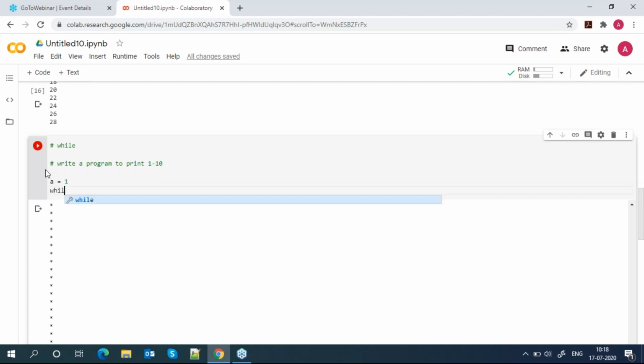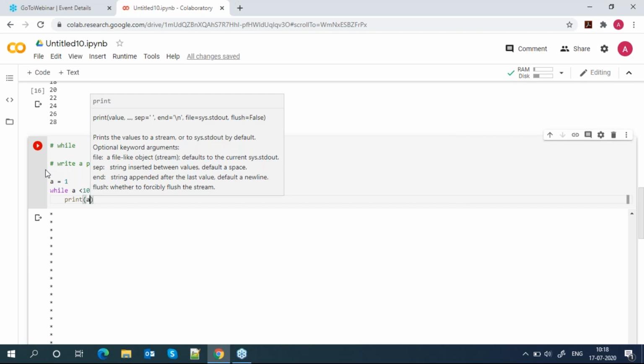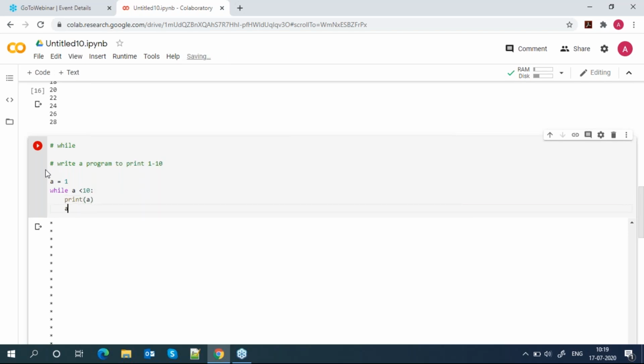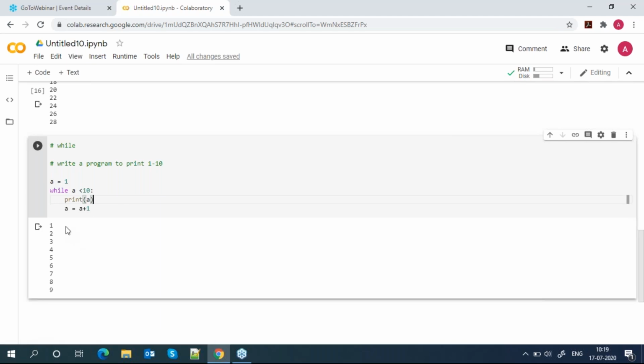Here I give the condition: a is less than 10. Print a, then a equal to a plus 1. So now I print 1 to 9.